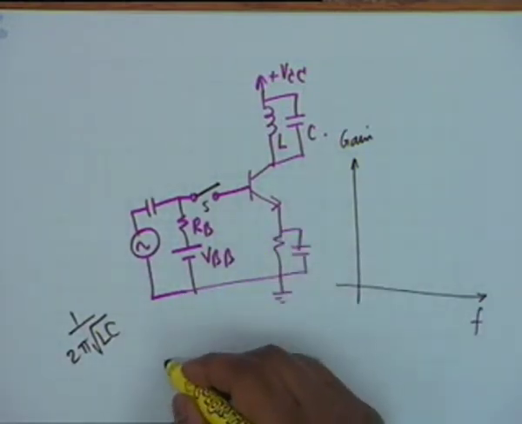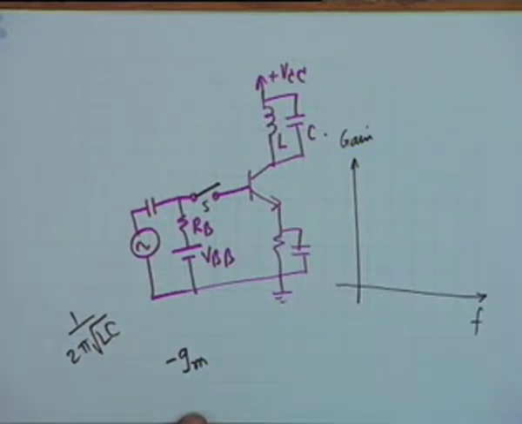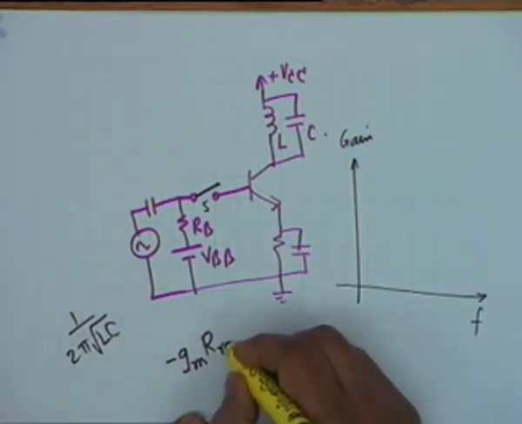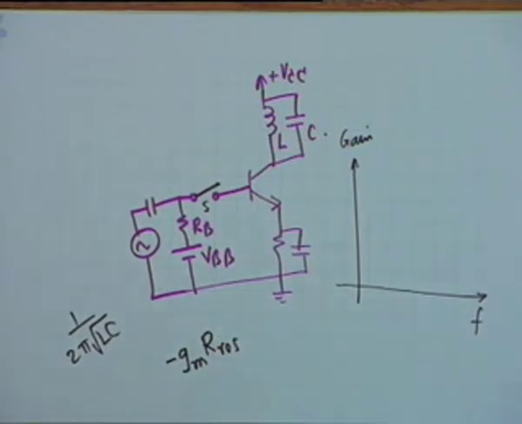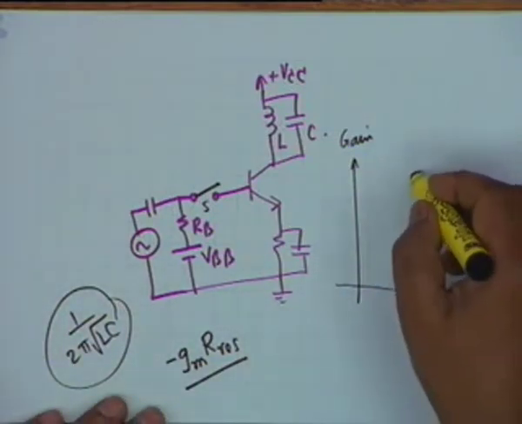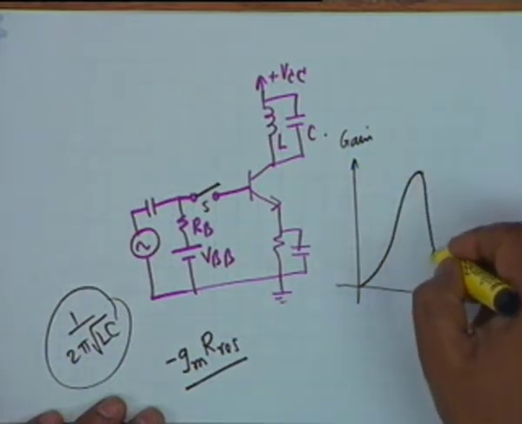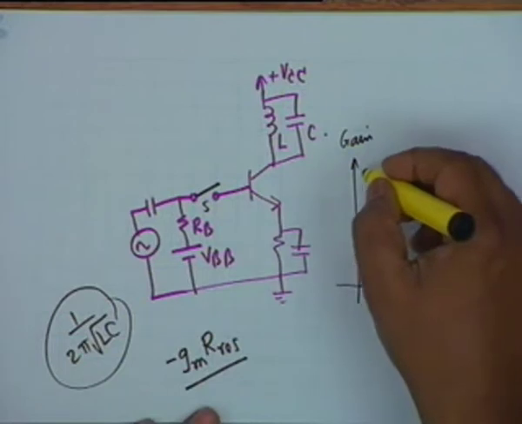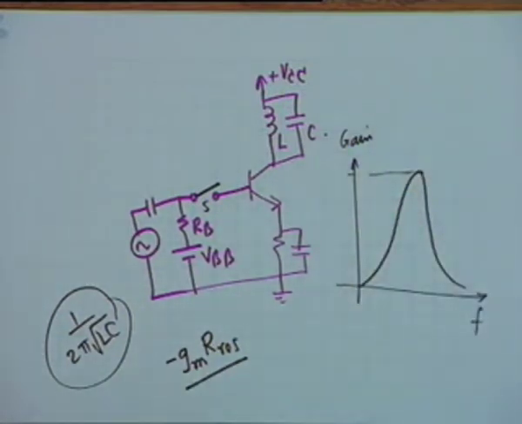But whatever the load is, you know the gain is minus GM times the effective load. So, if we say the resonant resistance is R res, then the gain shall be minus GM R resonant at the frequency 1 by 2 pi square root LC. If we go away from resonance, either on the right side or on the left side, the gain shall decrease, and therefore the gain shall follow a resonance curve like this, where the maximum gain shall be minus GM times the resonant impedance, all right. Now, is this point clear?